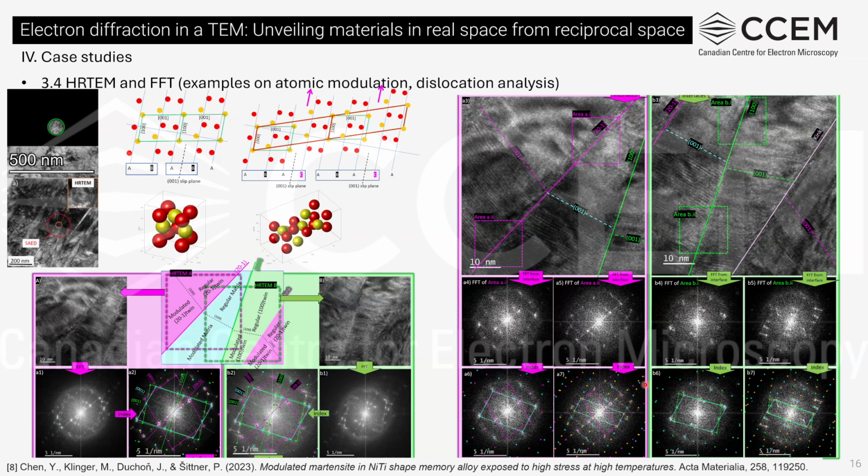But on figure A7, between each cyan dot and each magenta dot, there are always extra intermediate dots marked in orange here. The presence of those extra intermediate dots just proves that the reciprocal length between 001 planes is half as before. That means the lattice has doubled the length between 001 planes. It proves the lattice change caused by the partial dislocation by using the high-resolution TEM and FFT.